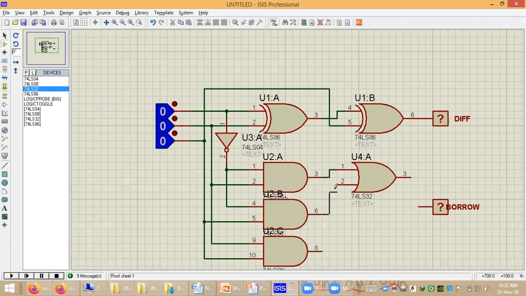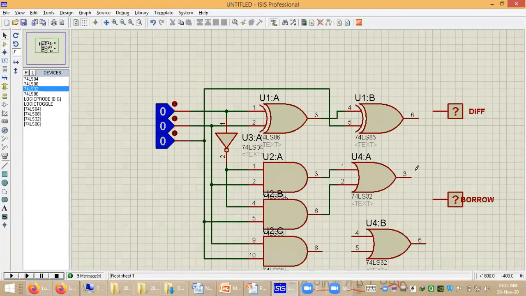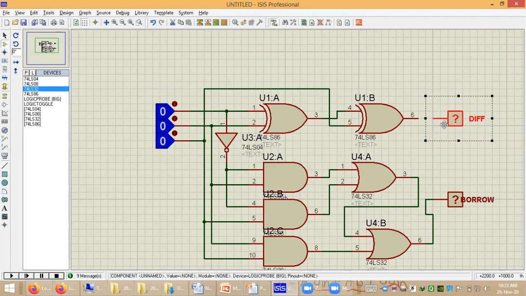First input, second input, and third input. All right, so we have just finished our circuit diagram.